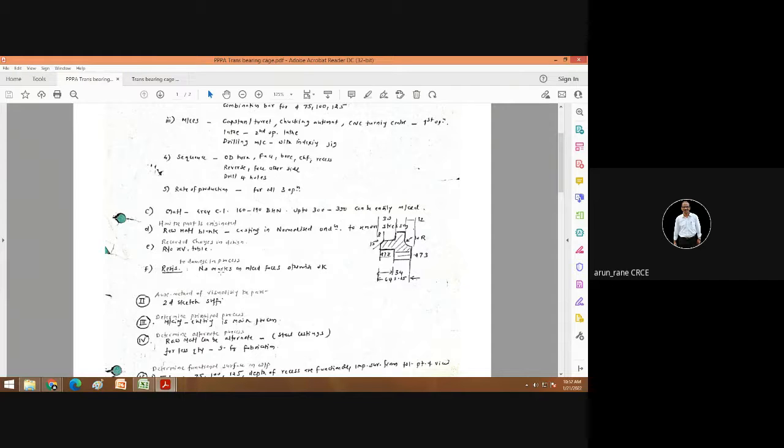Then resistance to the damage in process. Obviously, there should not be any marks on the machine faces when you are handling it or during the process, right from its inception till its delivery. There should not be any marks till it is dispatched, because even if there is a simple mark, no customer is going to take it.